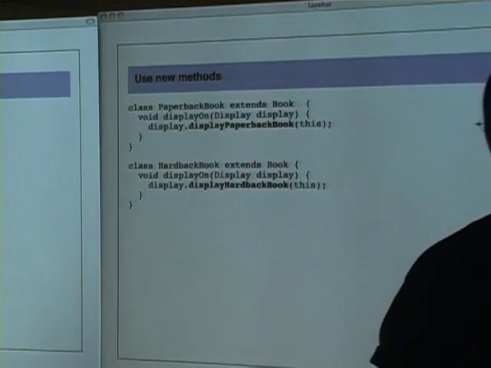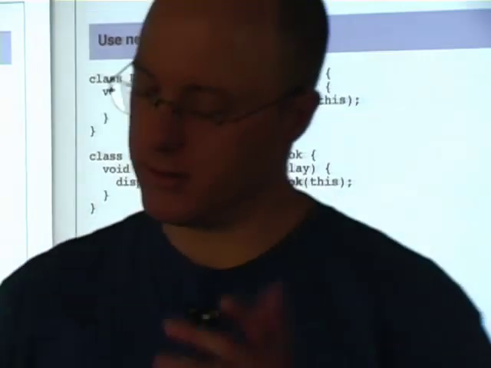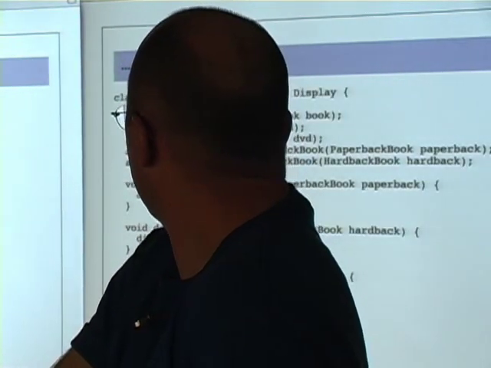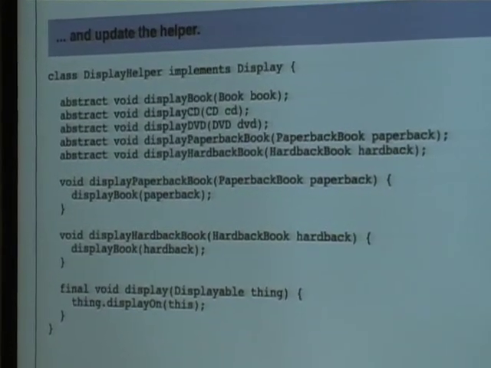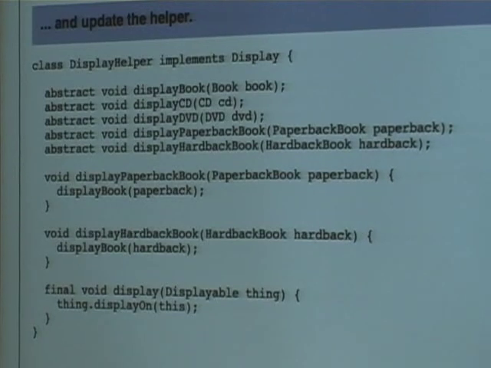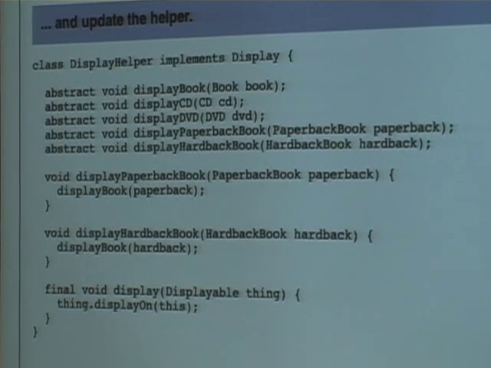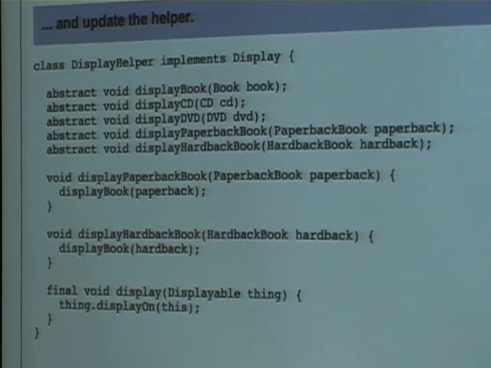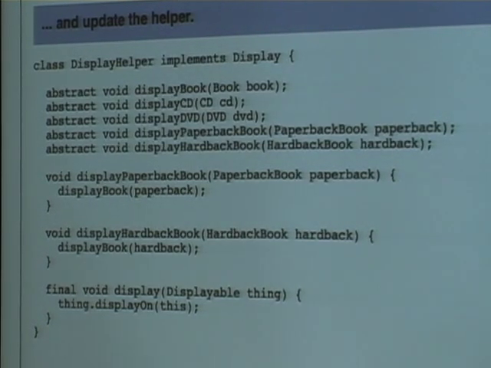So we could also add these new methods, paperback, into the display interface, or sorry, the visitor interface. So we add them there. We go back to our display helper, which I sort of skipped over before, add the new methods. And then this is an interesting point. In the display helper, which is sort of an abstract base class for the actual displays, we can imitate Java's inheritance by saying the default thing to do for either of these subclasses of book is just to call the book method. So our existing displays would need to be recompiled, but then they would pick up